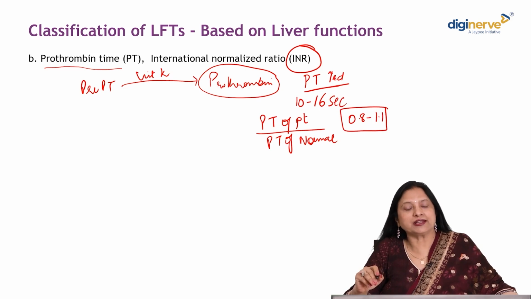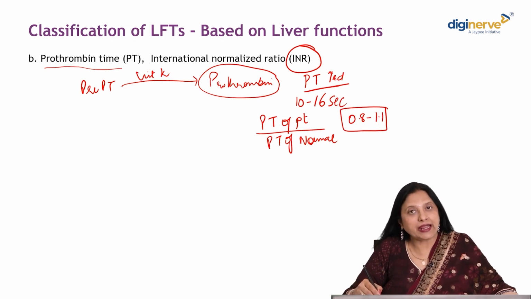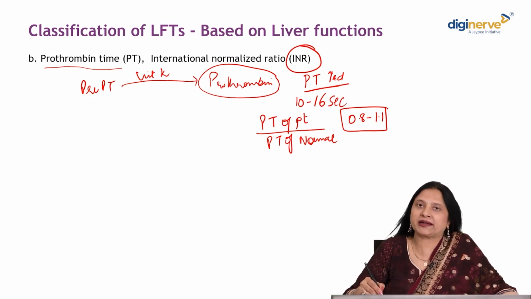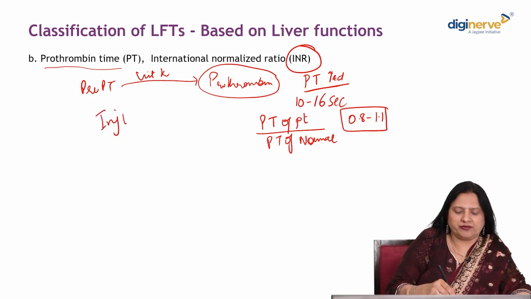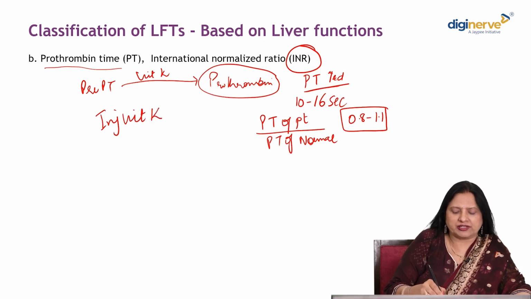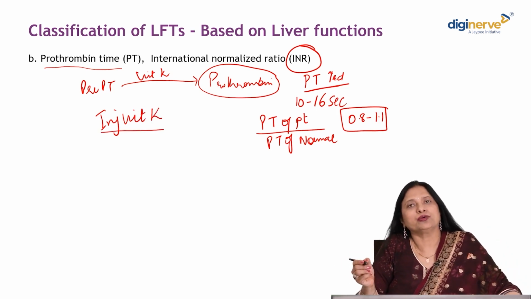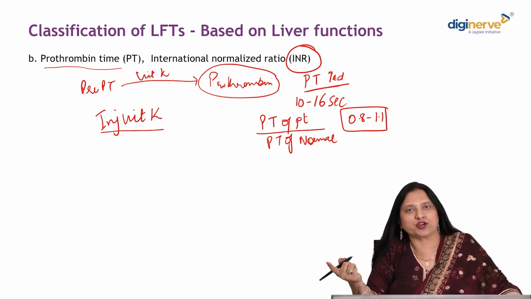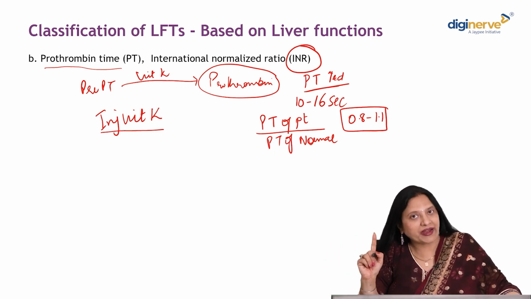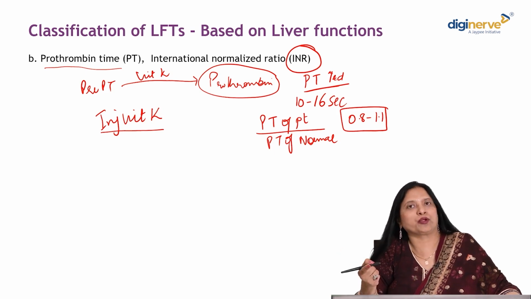So we have realized that prothrombin time gets increased in both post-hepatic jaundice as well as hepatic jaundice. How do we differentiate between the two? Very simple. We give an injection of vitamin K; an intramuscular injection can be given. Now, if prothrombin time improves, it reflects post-hepatic or obstructive jaundice. It was only because of the vitamin K deficiency that the problem was there. The problem was not with the hepatocytes.